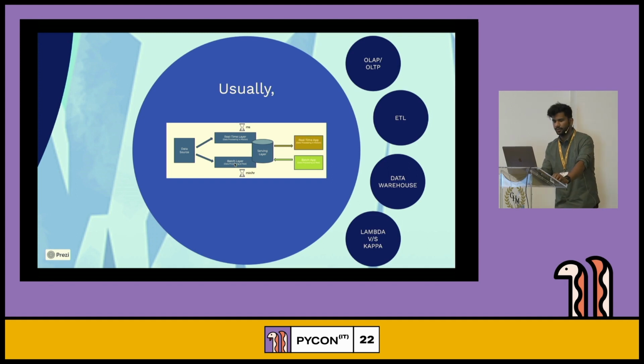Like if you are Amazon and you want to keep filling your inventory, you need to know when your inventory is going to run out, and that is where, if you scale it up, seconds count, because you need to keep fulfilling the demands of the customer, and that is where real-time analytics comes into play.